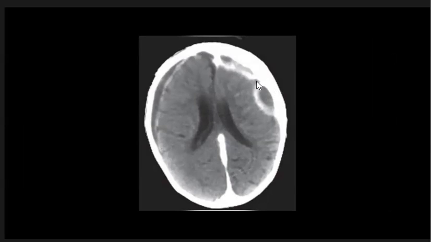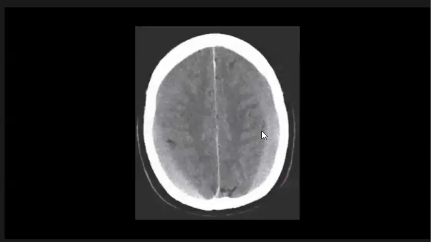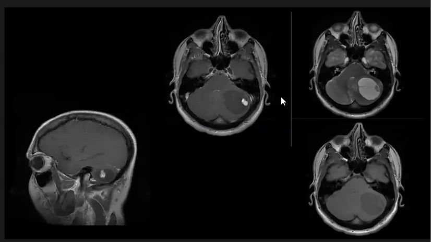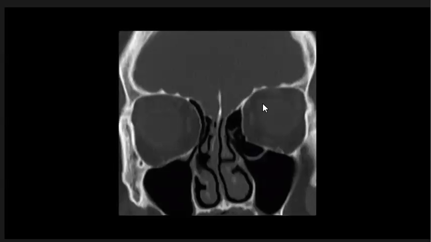Subdural empyema bilaterally, bilateral subdural hematoma, classic case of hemangioblastoma in the left cerebellar hemisphere, coronal CT scan with left Haller cell with nasal septal deviation and increased intracranial pressure, patient with copper beaten appearance and widening of the suture,